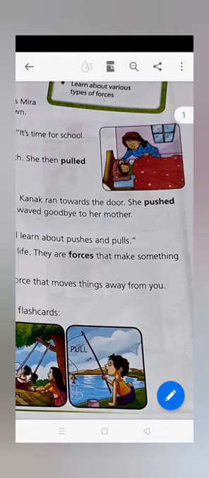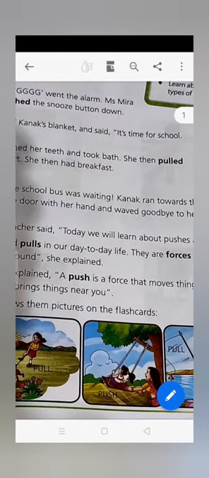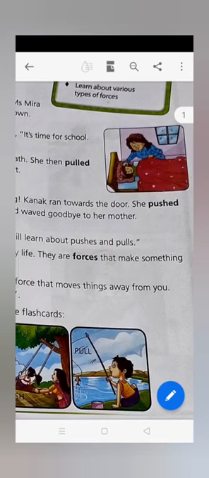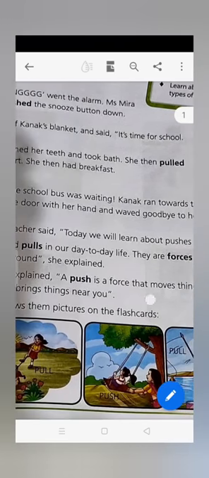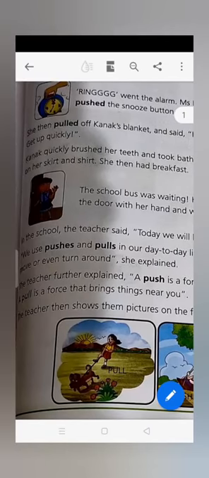They are the forces that make something move or even turn around. With the help of a push and a pull, we can move any object. The teacher further explained, a push is a force that moves things away from us, and a pull is a force that brings things